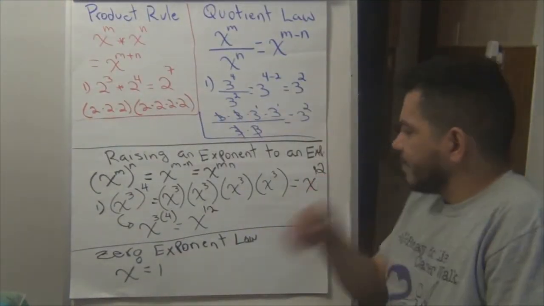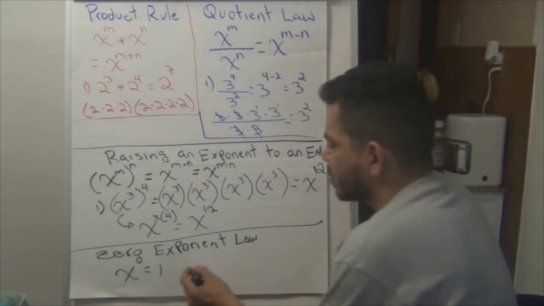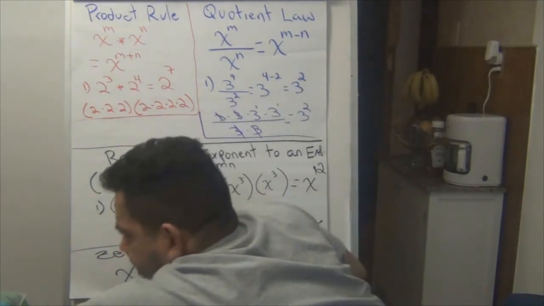Well, let's create an example based on the quotient rule. So let's say I have,